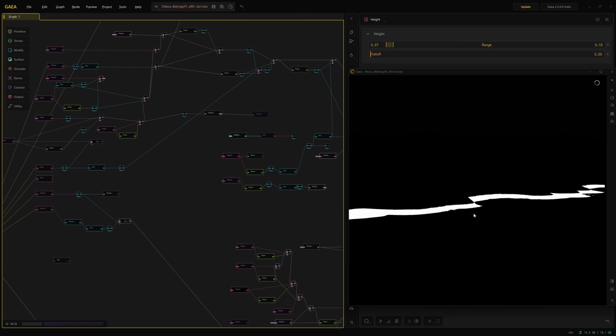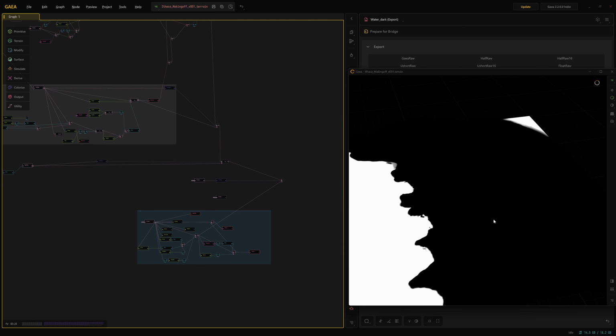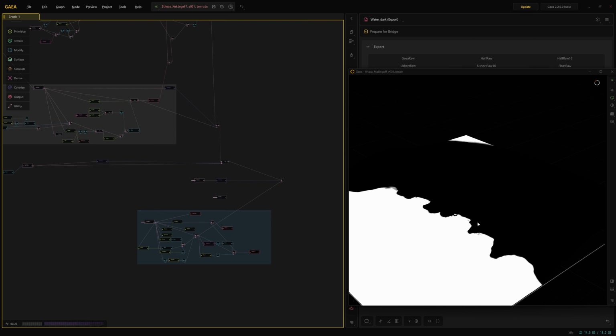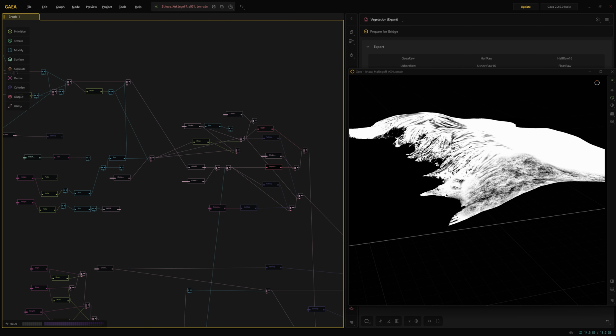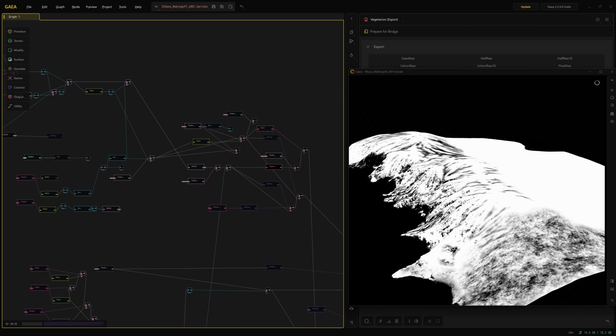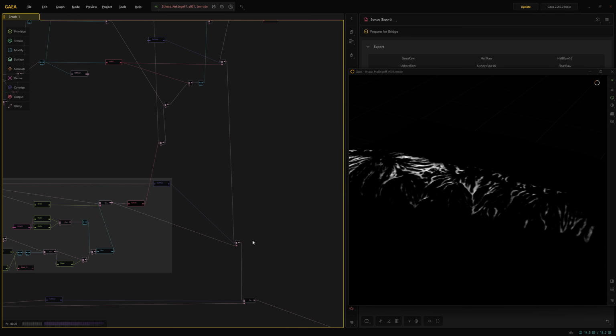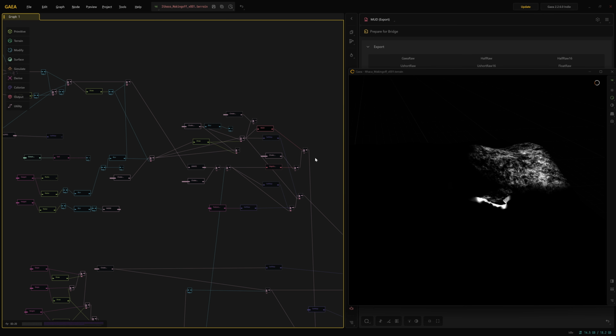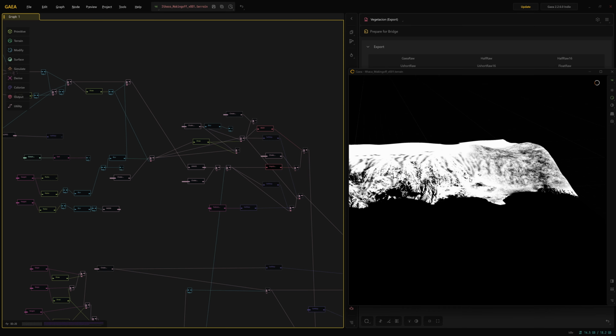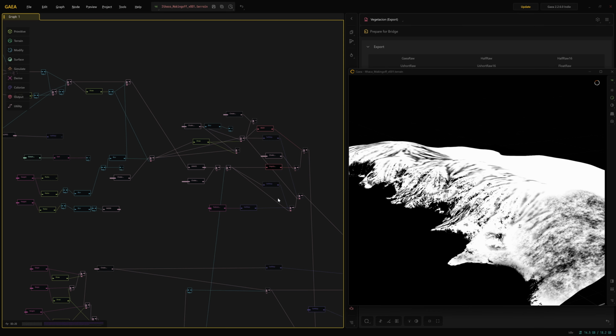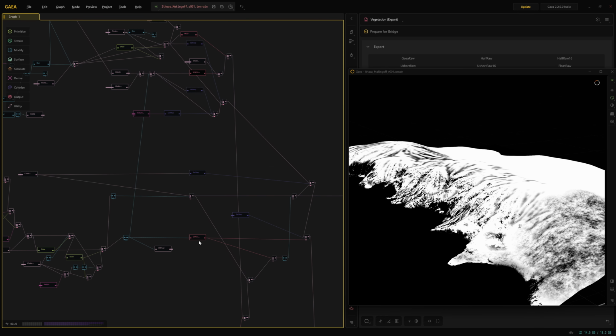This node is designed to detect the natural areas where rainwater would erode the terrain over time, essentially mapping out the runoff channels, sediment flows, and crevices that form on the mountainsides. By combining these nodes, I created different complex masks, sometimes blending them together with math nodes. Once the network was finished, I exported all these masks individually so I could plug them into my landscape material